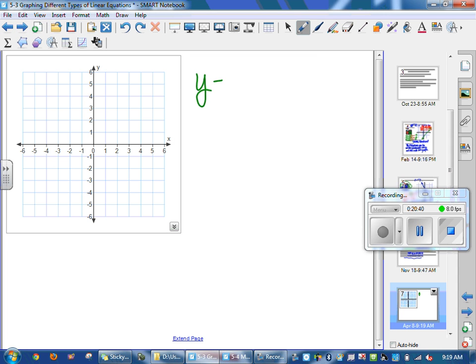Another strategy, if people got this isolated but have no table of values, is that you don't actually have to create a table of values. There's a strategy you can use, and it's called slope intercept. So if we use the slope intercept method,